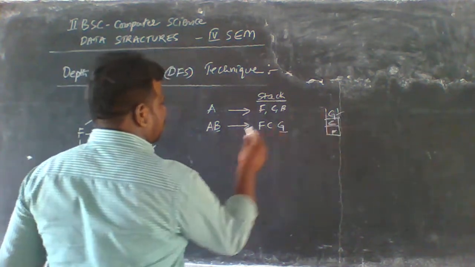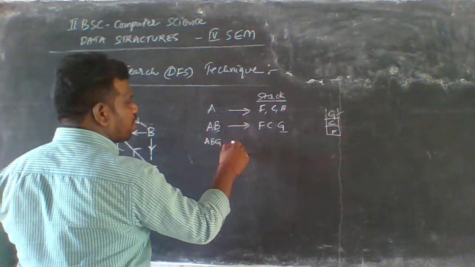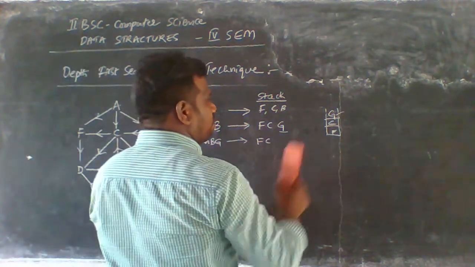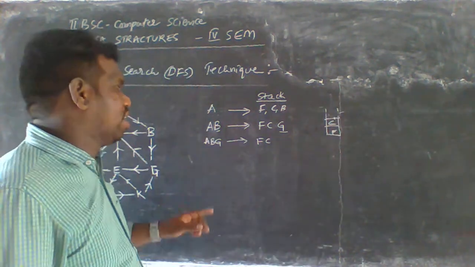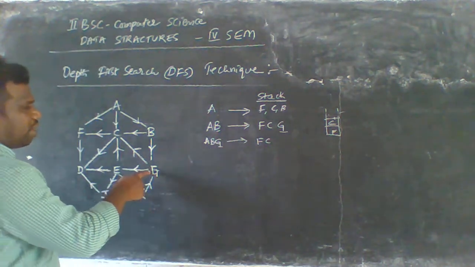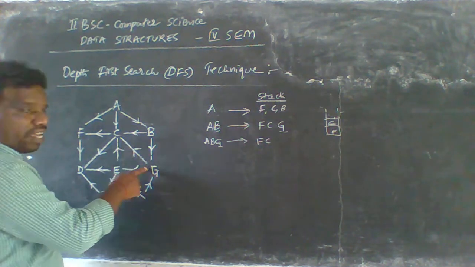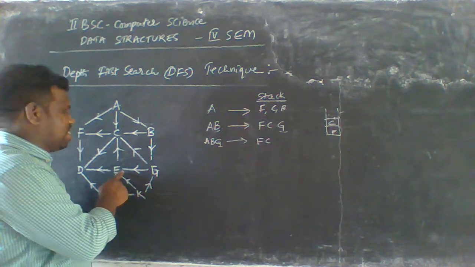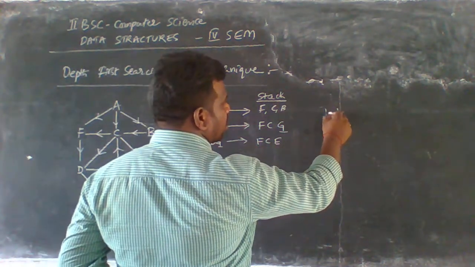Later we can pop the last element, and A, B, G will be popped here, and we see the remaining elements. F, C is available here. That's why G is popped here, and we are at the G element. G can have C, and we have to see E here. C is already listed, hence we should not take that element again, and we take the E element. At this point we place E here.